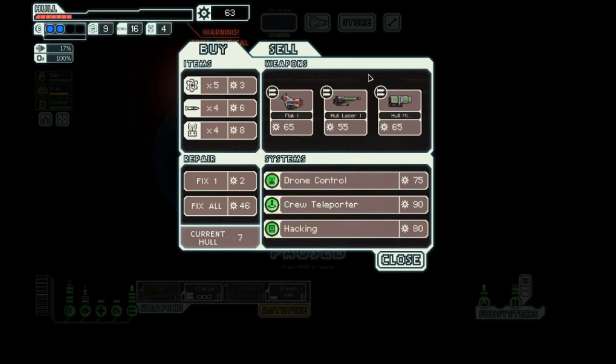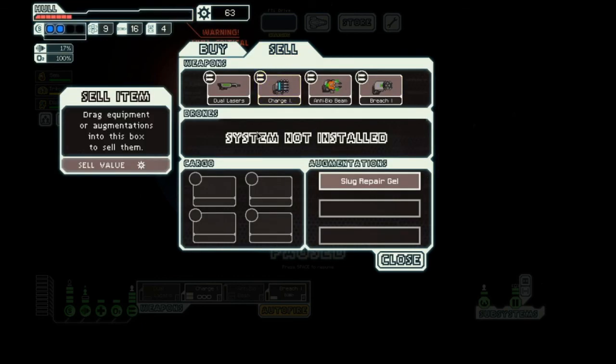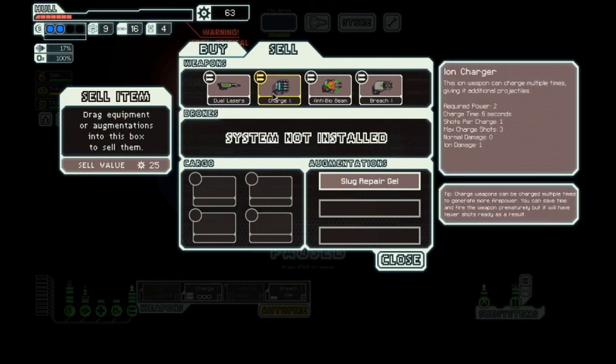As far as weapons go, not much we really need. The hull laser is kind of cool. It does 2 damage, as long as there's nothing in the room. Nothing we can really sell. Our dual laser's good. The charge... I wonder...